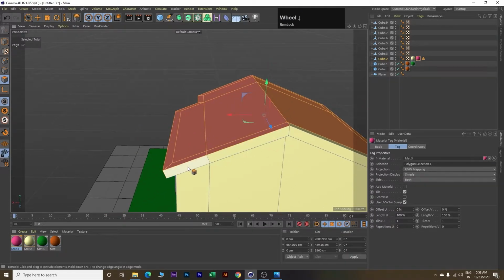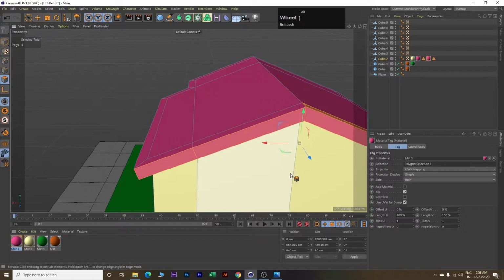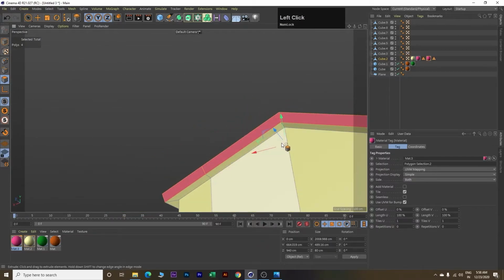Yes, we will click on this polygon, this one, and drag your material on here. Now we will see another polygons over here. So again click on this, select this one, and drag this color here.